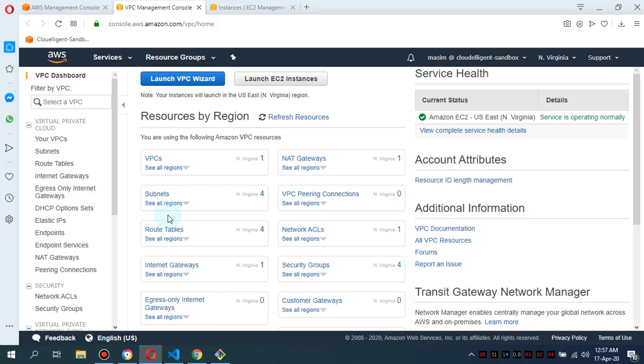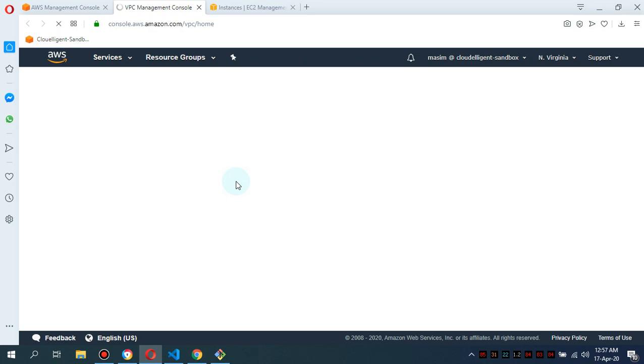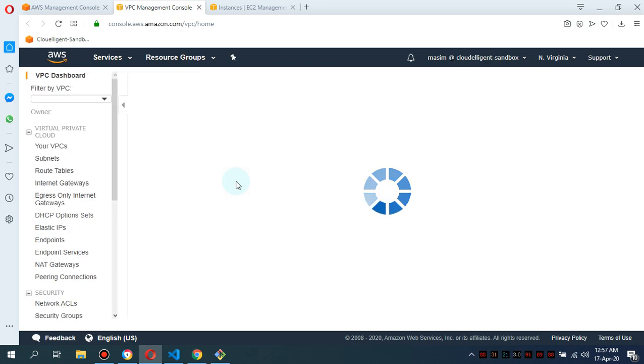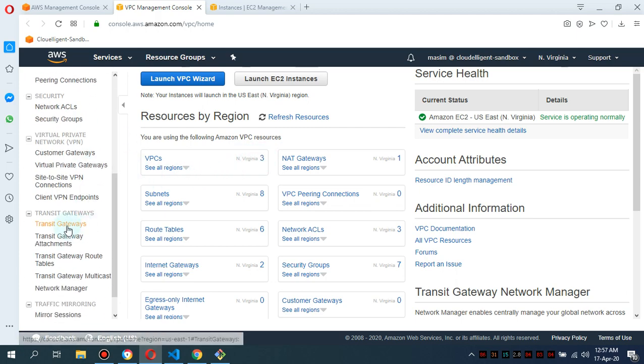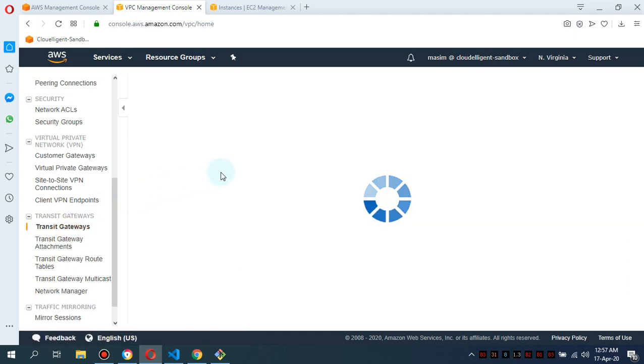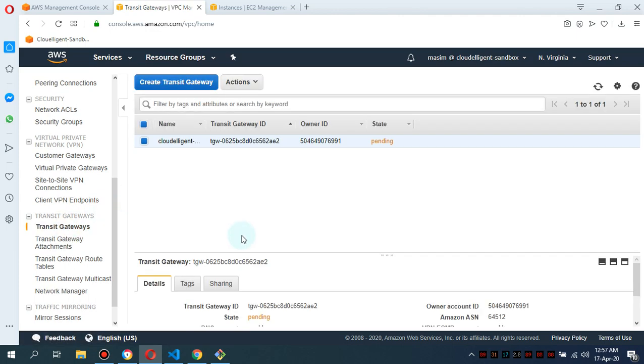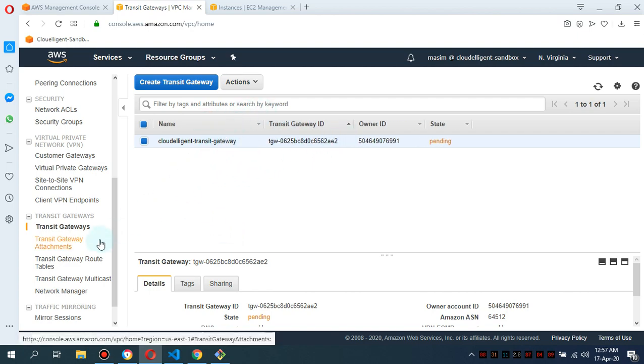and these are going to be two VPCs. So let me simply refresh it, and I'm going to show you that the VPC starts creating. The count changes from 1 to 3, and I'm going to show you the transit gateway creation in our Virginia region. So you see our transit gateway is in pending state,